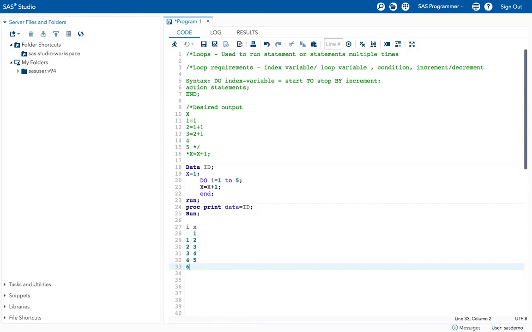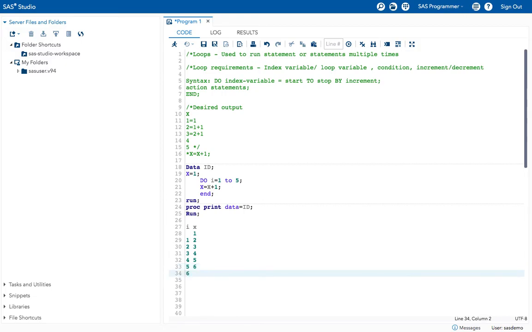And now the sixth iteration, but we don't have a sixth iteration here, right? Because we have asked SAS to do it from 1 to 5, and after finishing this it will go back to the do statement, and it stops at the sixth iteration because the condition is false. Sorry, here it is 5, and it is 6.